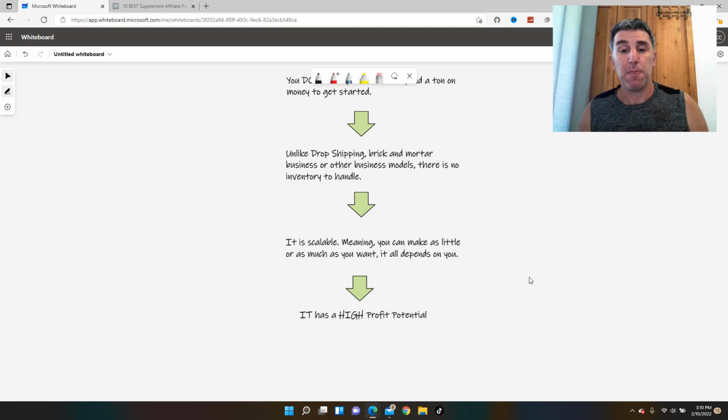And it's scalable, meaning you can make as little or as much as you want. It really does depend on you. If you do really good at one avenue and you want to add a second avenue, well, now you can start a second avenue. Now you have 2 streams of income. Maybe you want to start with affiliate marketing, working with Freedom Breakthrough or Legendary Marketer or something like that. But then you decide you don't want to do as much work. You want to own the company and have people work for you. So you take what you've learned and make it into your own business model.